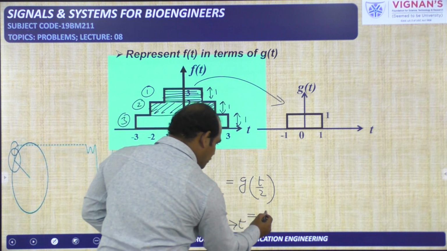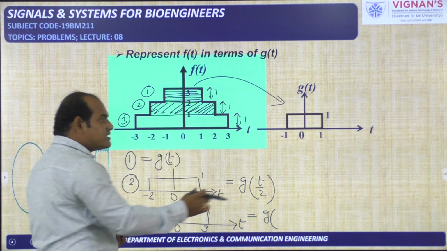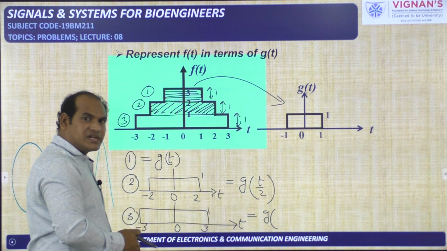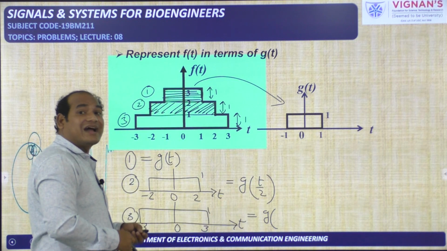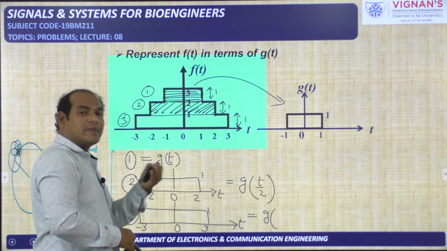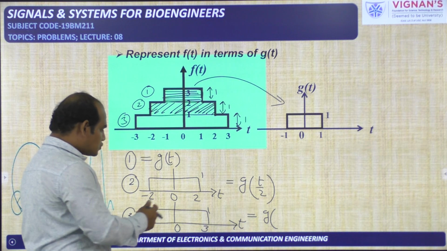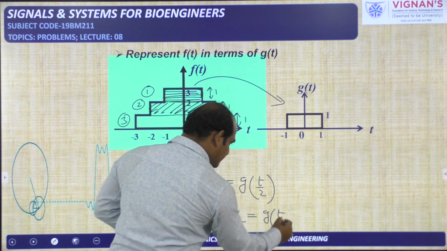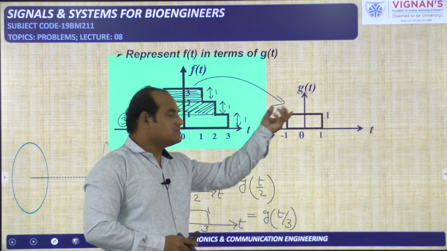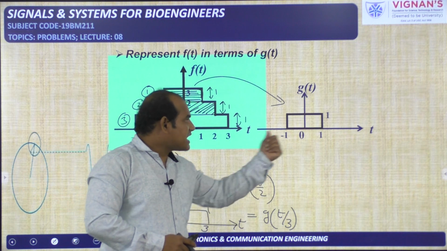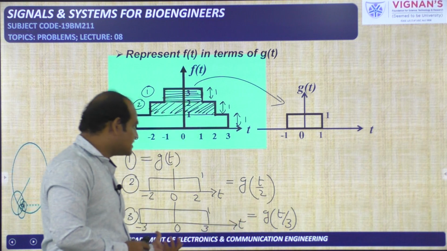Now you tell about this. Again we need to write this one in terms of the g of t. It is of 2 seconds duration, it is of 6 seconds duration. So it will be expanded by how much factor? Factor 3. Already I am telling expanded, so by the factor 3, or scaled by the factor 1 by 3, like that you need to tell. So g of t by 3. So already we know how to get g of t by 2 from the g of t. We have to divide this time axis with 1 by 2, you will get this one. If you divide this time axis with 1 by 3, you will get this one.